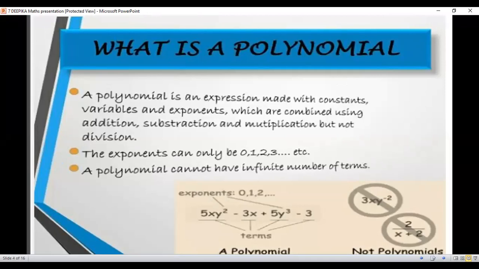There are some criteria to be called a polynomial. A polynomial cannot have an infinite number of terms. It should have a finite number of terms. The power of the variable should not be negative. For example, 3xy minus 1 should not be called a polynomial. Third, there should not be square roots involved in the variable. For example, root x minus 2. In this, a root of the variable is present, so it should not be defined as a polynomial. So next slide.